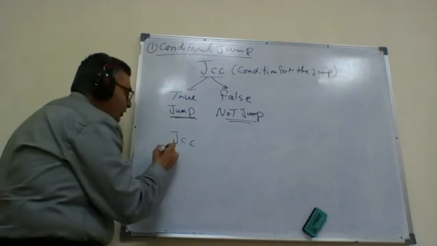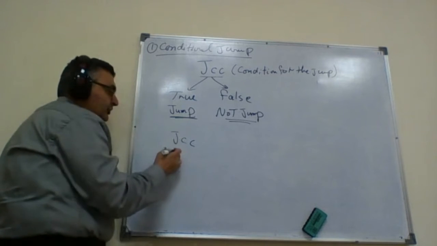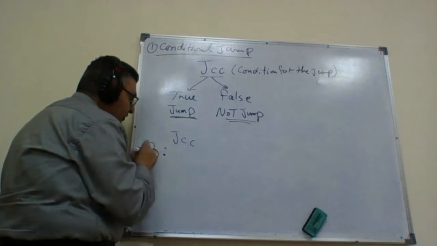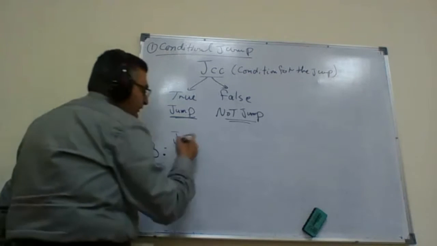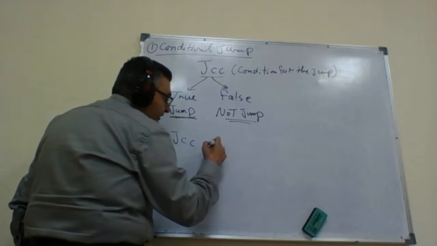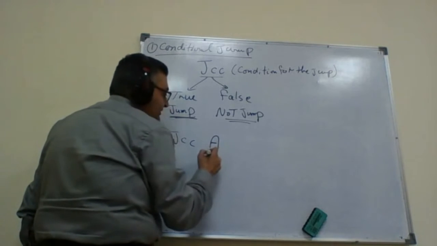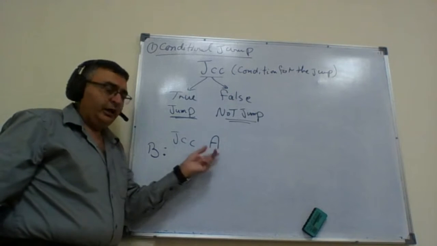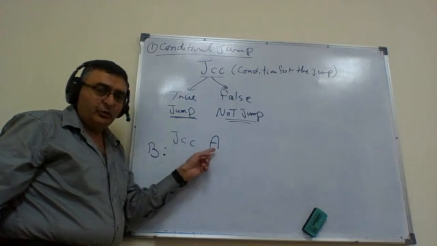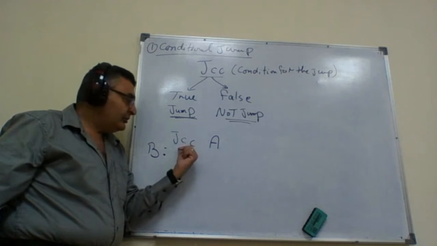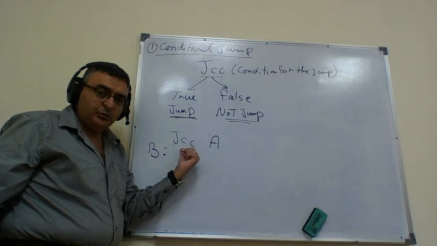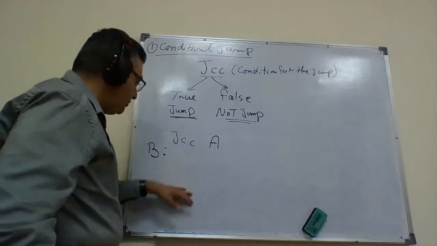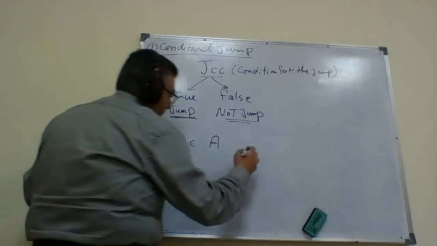If I am calling the instruction right after the conditional jump instruction B, the conditional jump takes one operand, which is the target of the jump, as we learned before. But now, this is not an absolute or unconditional jump. This is a conditional jump, which means: